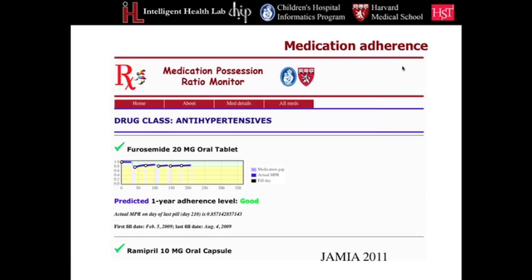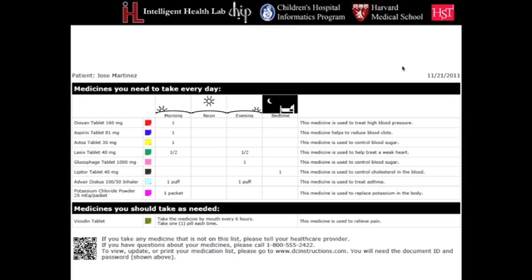Here's an app based on a paper we wrote that predicted medication adherence based on prescription fills, and we can predict your adherence a year from now based on your fill patterns. We turned this into an app to be used at the point of care. Here's another app based on what Polyglot did, that shows you your whole medication regimen for the day and how it should be taken.